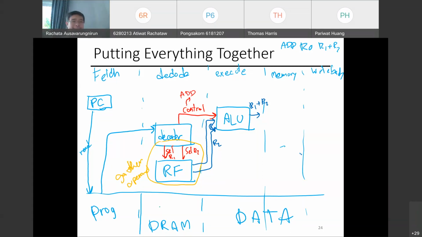What is the next step? What is the last step here? I have the results, I have to put it back. Yes, I have to store, right? I have to store back into which register? R0, right? So in this case, again, the decoder signals that I'm going to select